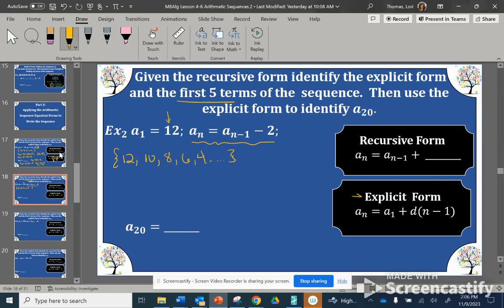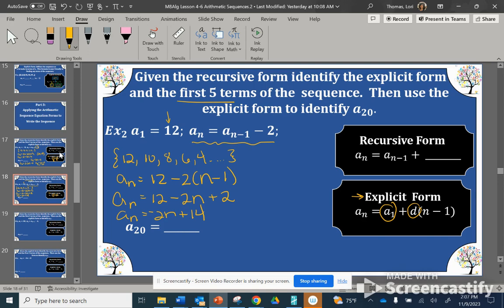Now let's write the explicit form by filling in our first term and our common difference. 12, and instead of plus -2, I'm just going to say minus 2 times n minus 1. This is the explicit form, but let's simplify by distributing the -2, combine,